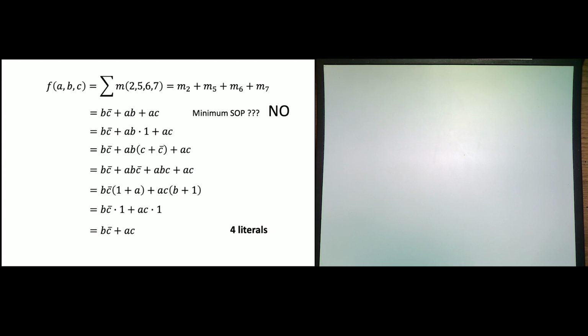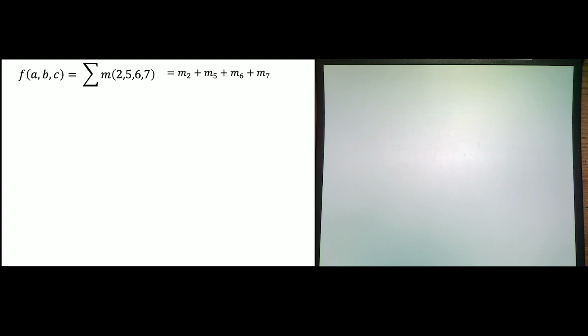Okay. So this is hard to see that this was the right thing to do, right? And what K-maps let us do is immediately see that this is what we should do. Okay, so how do K-maps help us see that we can get to 4 literals and not 6? All right, so here's our original expression, right? And we are going to look at the K-map.